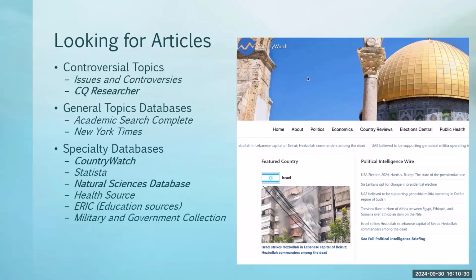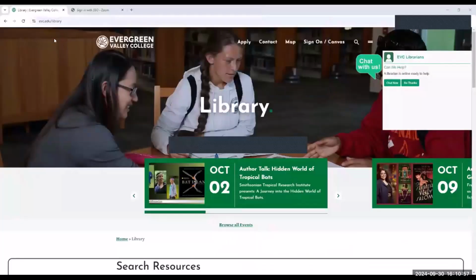So here are some of the best databases for this assignment. I'm going to go through just about three of them and show you some of the best ways to use them and what you can find. And then you can poke around on the others on your own. Okay, I'm going to go back to the library. As you see,